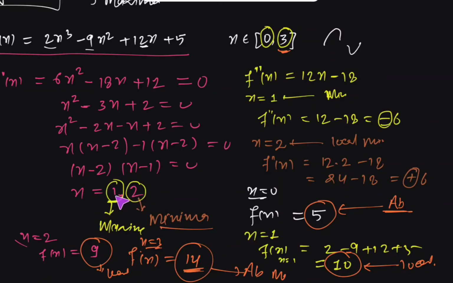Now we have to check which of these 2 points is representing the maximum and which one is representing the minimum. So to differentiate that, we have to take the double differentiation of the function. So we further differentiate this equation and we will get this. Okay, now we will put x equals 1 in this double differentiated function. When we put x equals 1, the double differentiated function will have a negative value. When the double differentiation has a negative value, it means the slope is changing from positive to negative, or this one is representing a maxima point. So it is very clear that x equals 1 is a maximum point.